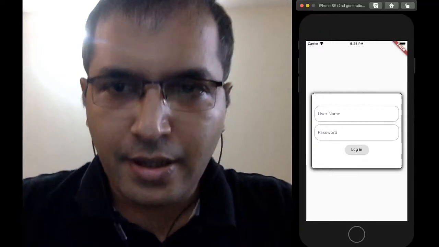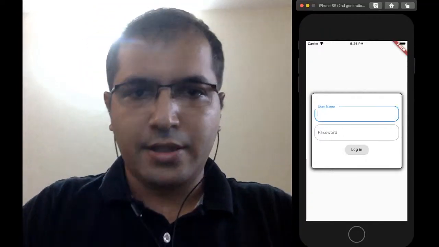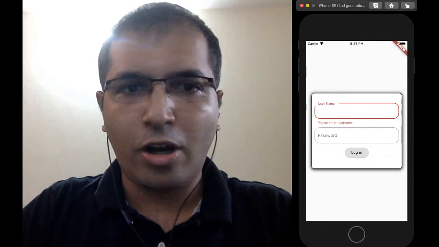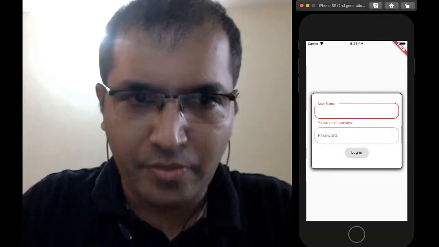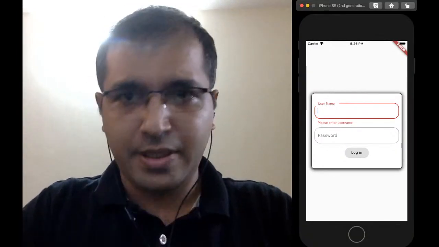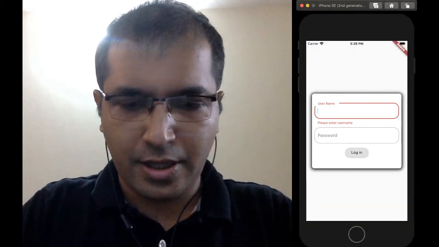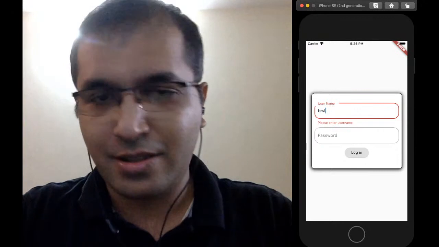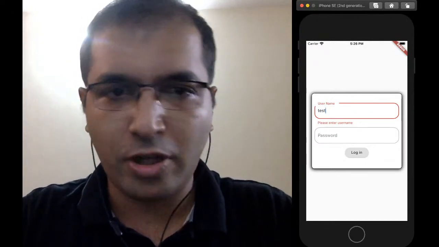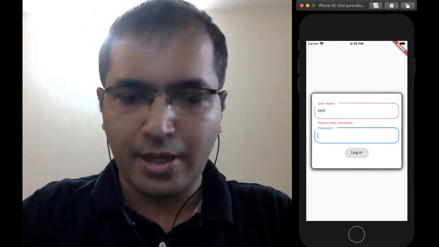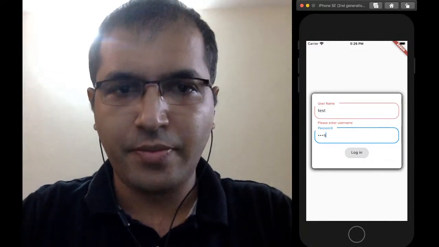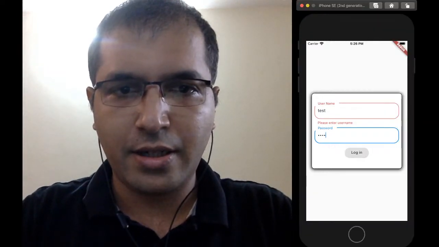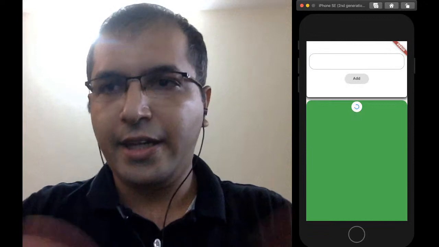The way I have configured this right now is, if I try to directly click on login, it says username needs to be entered, which is good enough. Let me enter some username. The password is something for which I have not yet put a validation, but let me enter a password as expected, and I say login, and it takes me to this screen.